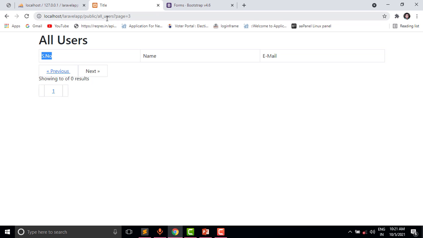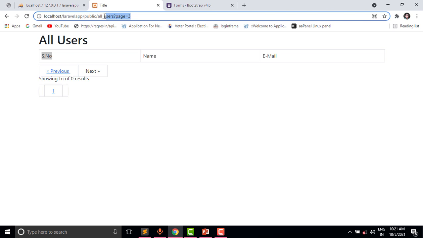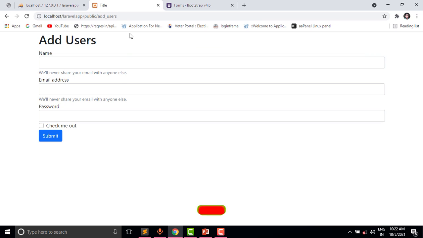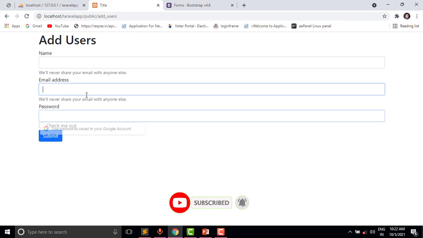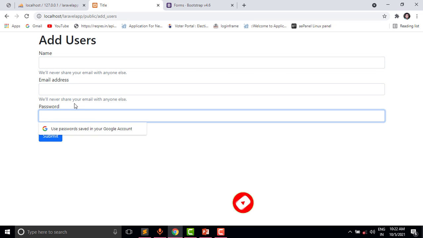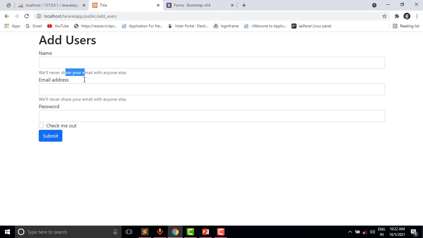So let us copy, hit enter. Now you can see we are getting this form. So let us remove unnecessary code, this one.